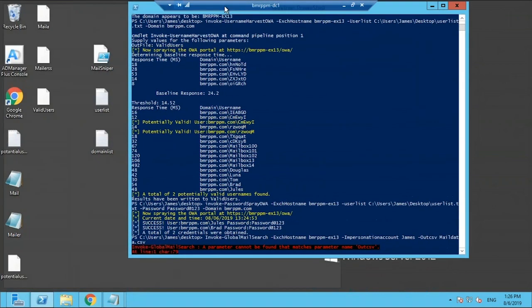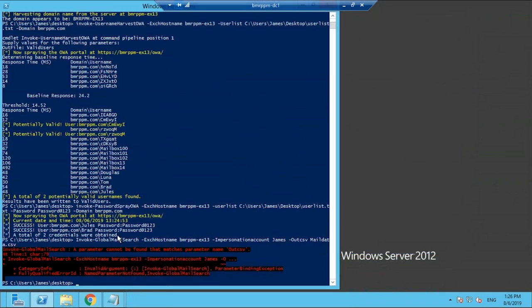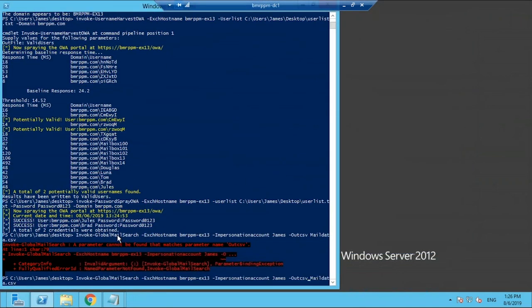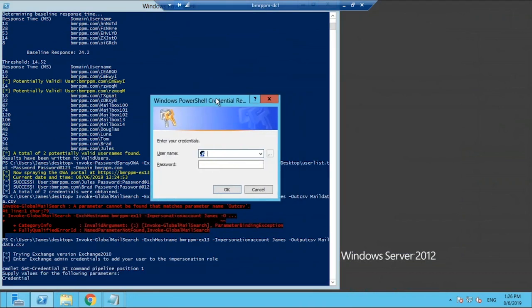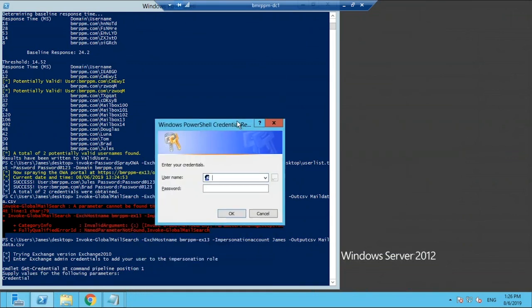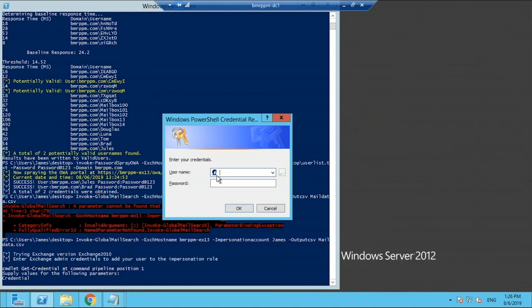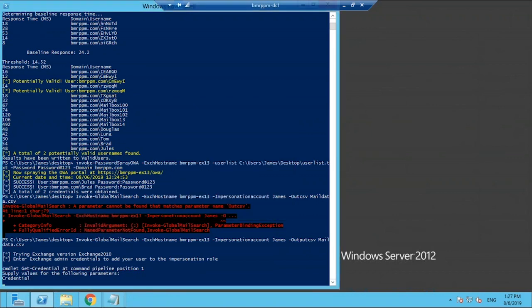all right, so let's just check the command again. All right, so that's output CSV, not out CSV. And once I hit enter, we can see that it asks for my credentials, right? So let's go ahead and give in, say, Brad's credentials. So that's Brad and password at 123. So I can give in Brad and password at 123, right? And once I hit OK,